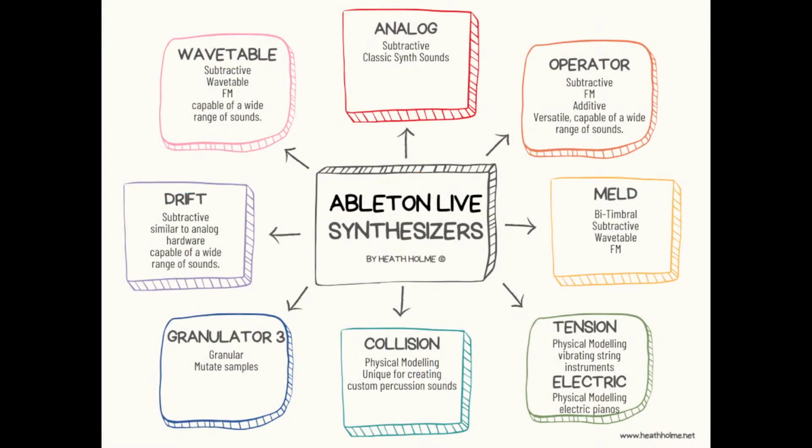And this is a slide I've put together to help understand what we have in our locker as Ableton Live users. If you're in 12, there isn't too much difference here. If you're in 11 or an earlier version, you're not going to have Meld. You're not going to have Granulator 3, but you would have access to Granulator 2 in 11, and probably I think even 10 there was a version of Granulator, but Meld is new in 12, and the Granulator 3 edition